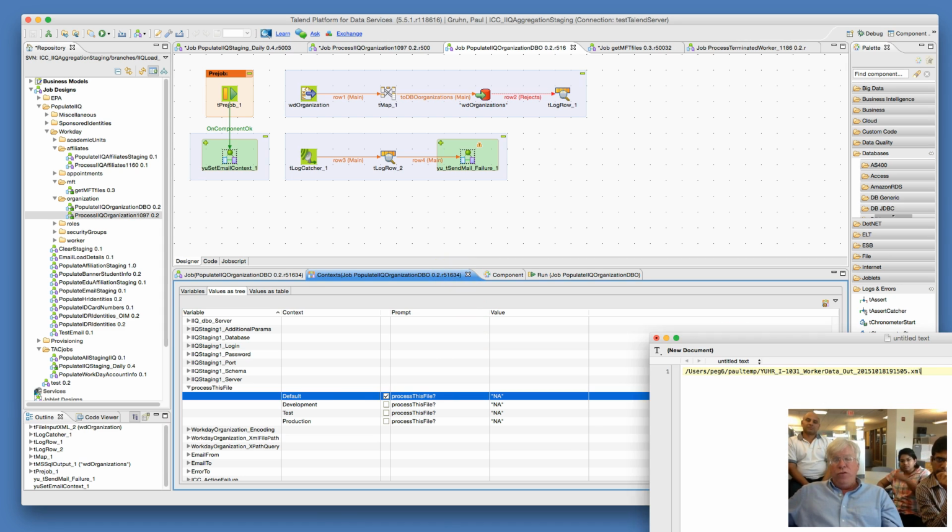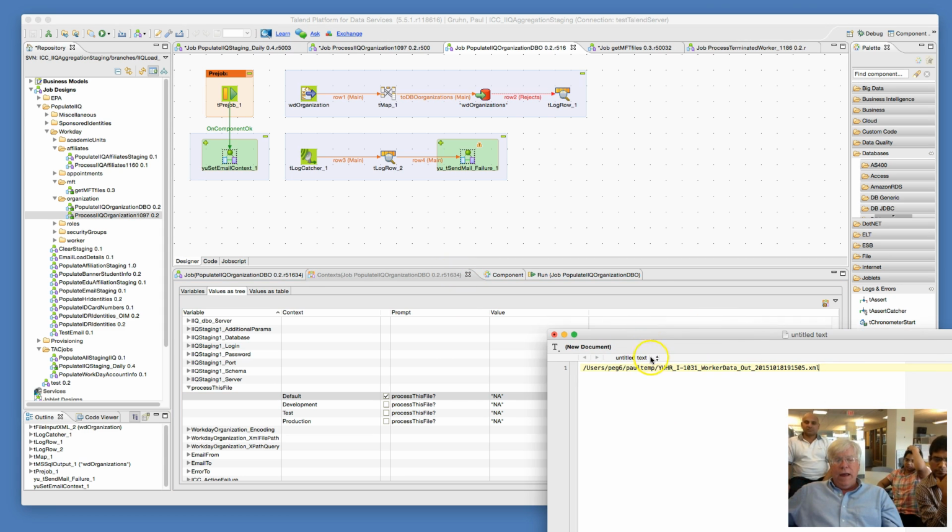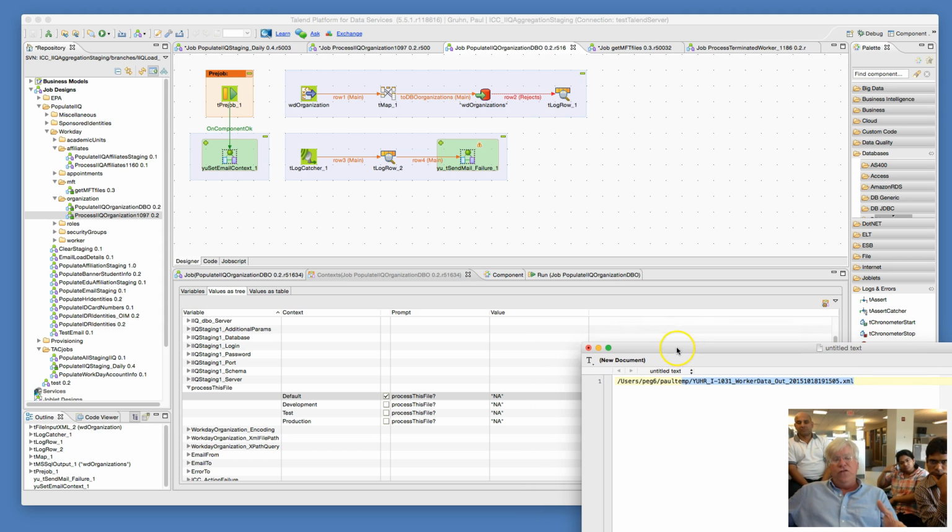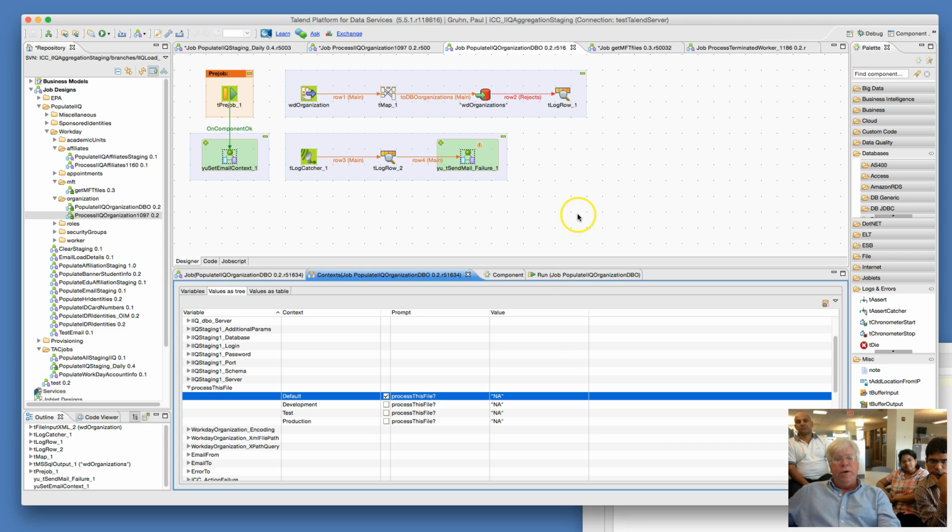So we're running in the default context. We have pulled down a file, and I have the local directory path on my machine, and I have the file name. Now, quite honestly, this would fail in this situation because this job and this file are the wrong pieces. But I would take this and put this in my buffer, and then I would run the job,